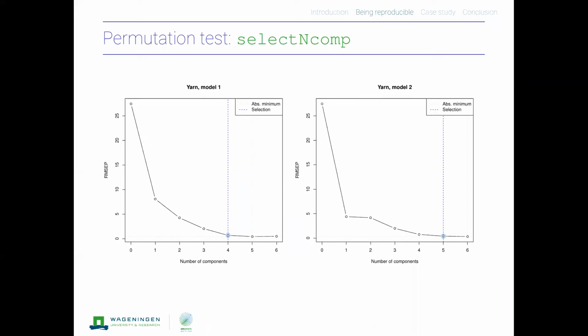Now, I have to admit, I had to juggle around with random seeds in order to get this difference. So in most cases of applying this function, we would have 4 as the optimal number of latent variables. But the point I'm trying to make is that you should not trust the outcome of such a function as something that cannot change. And you should be aware of the points in which randomness is injected in your analysis. And sometimes the results may differ quite a bit.